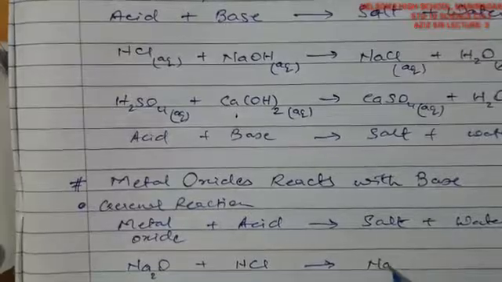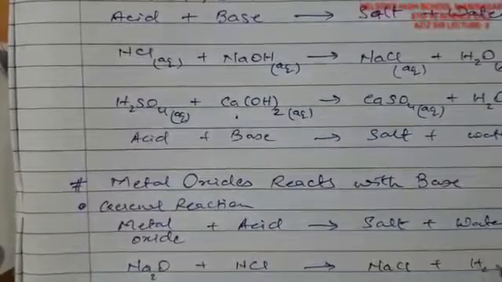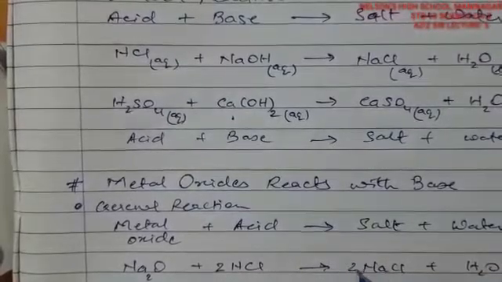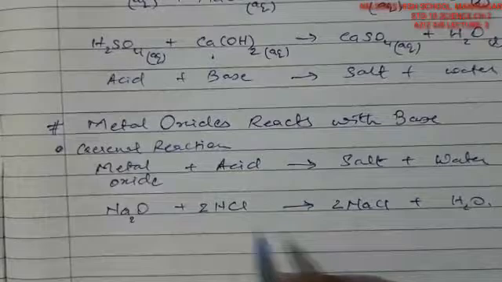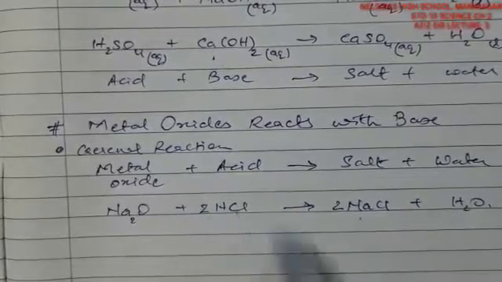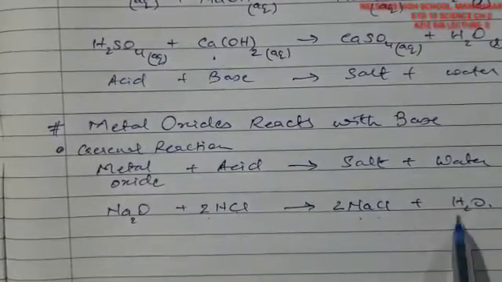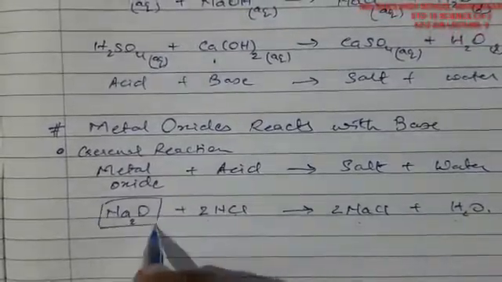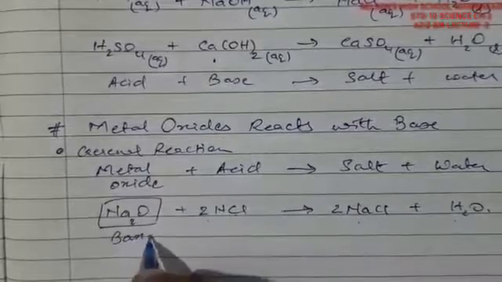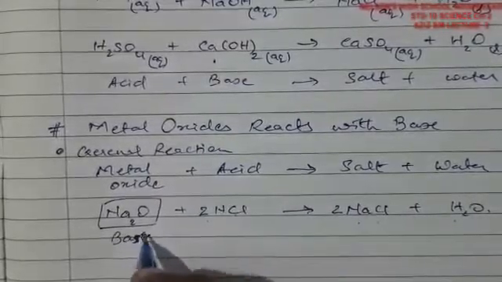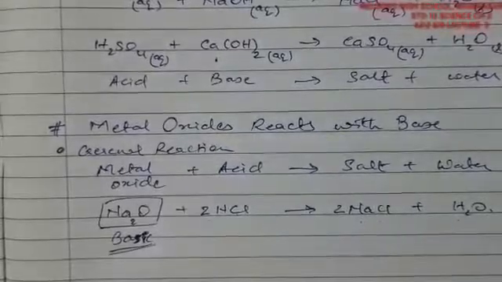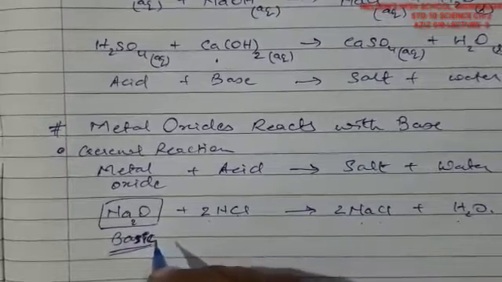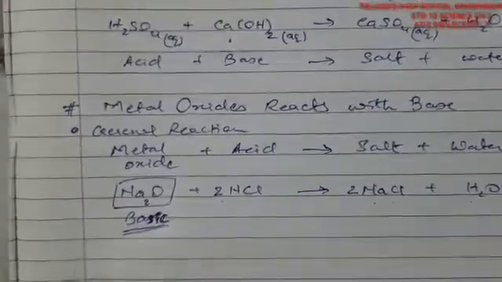So here it comes to NaCl plus H2O. We have to balance this, making it twice here and here also. So twice gives 2 sodium, 2 sodium, 2 chlorine, 2 chlorine, 2 hydrogen, 1 oxygen and 1 oxygen. So this is balanced. This is a metal oxide, and this metal oxide is basic by its nature. So in nature all metal oxides are basic, learn this: all metal oxides are basic by their nature.